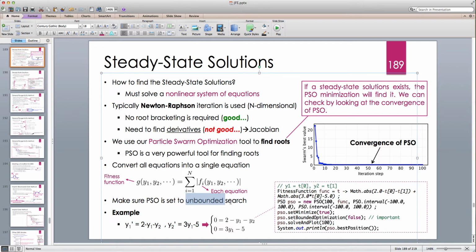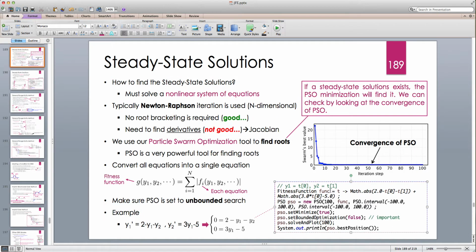But here we don't want that, because we really don't know the exact solution. We're just looking for the solution. So we do an unbounded search or unbounded optimization. And what it means is that even if we start with an interval that this minimum is not inside, that's fine. The PSO doesn't have to stay in that interval all the time. All right. So we do unbounded